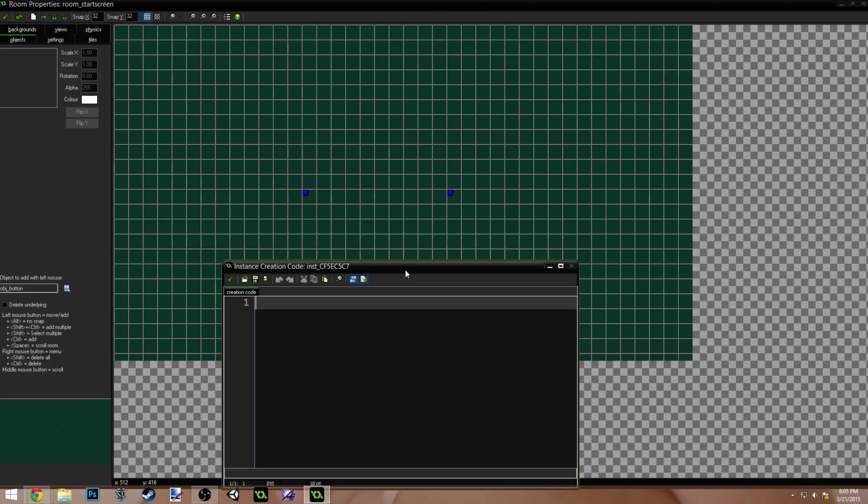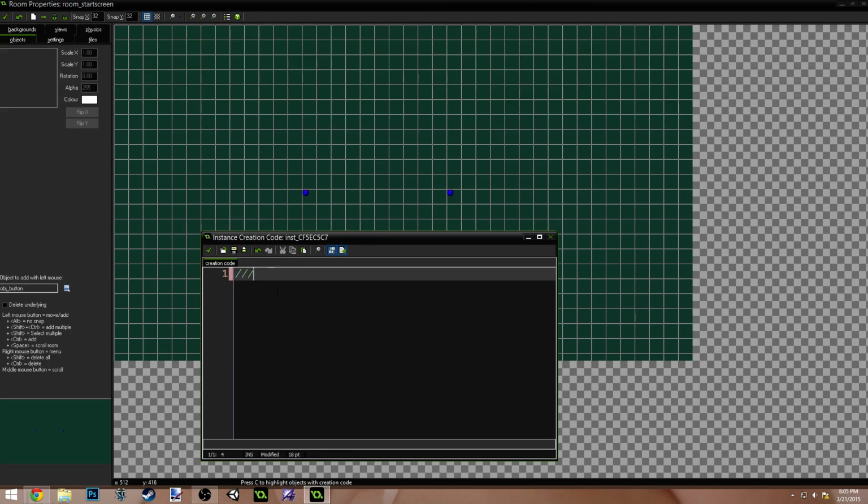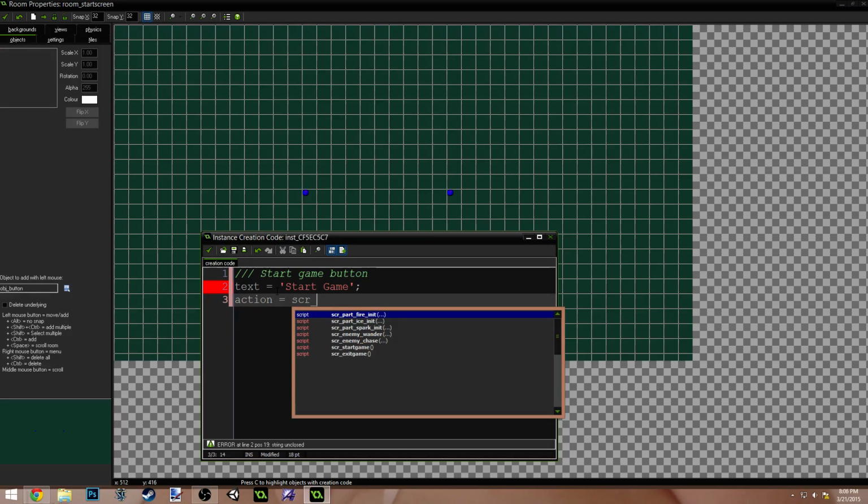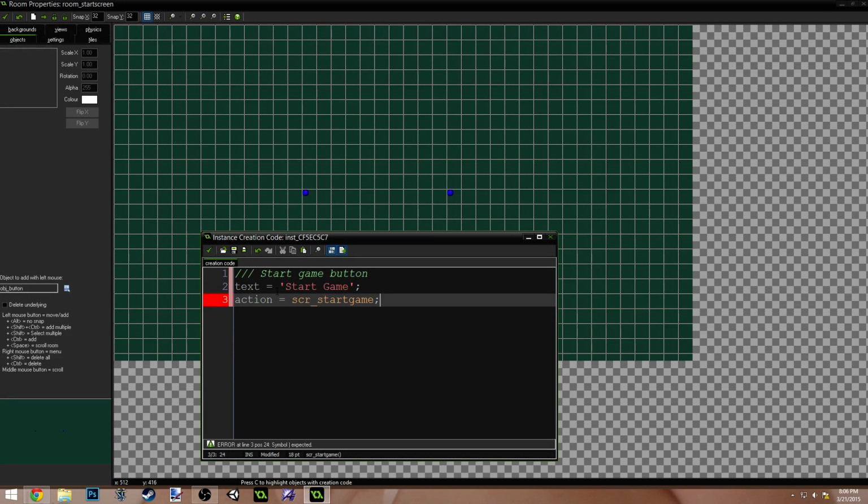So we're going to add a creation code, and we're going to call this start game button, and we're just going to do action. Let's do text equals start game, action equals script start game, right? And don't put the parentheses after, because that would try and call the script. We just want to set this variable. So this just creates a reference to that script. It doesn't actually call the script yet,